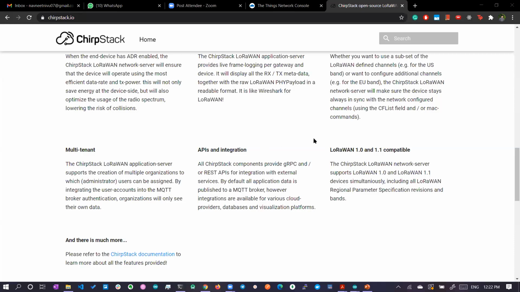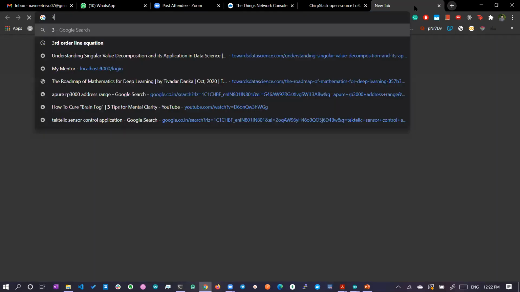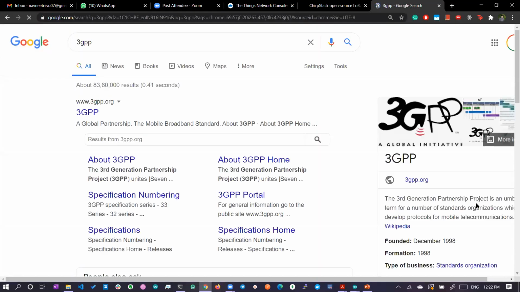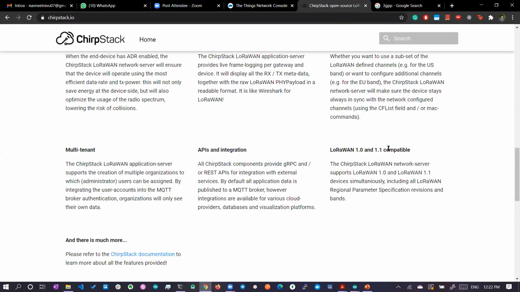Let's say for 2G, 3G, we have 3GPP, the Third Generation Partnership Project. They define the mobile protocols and all. Similarly for LoRaWAN, who do we have?